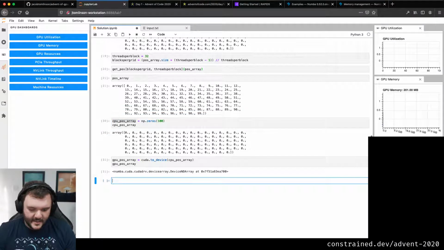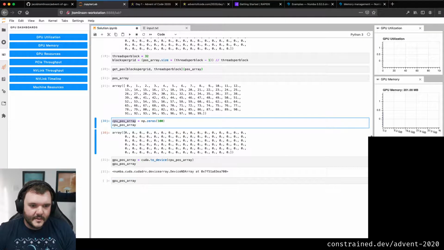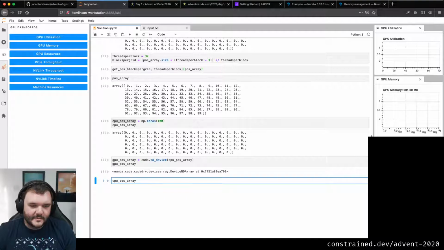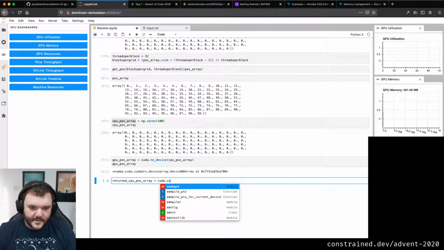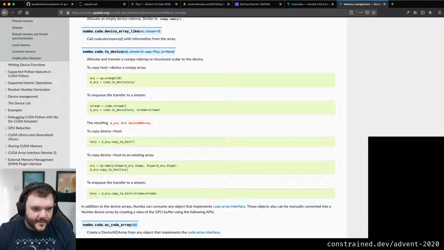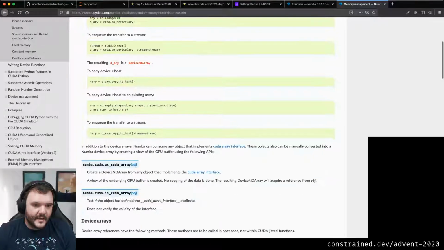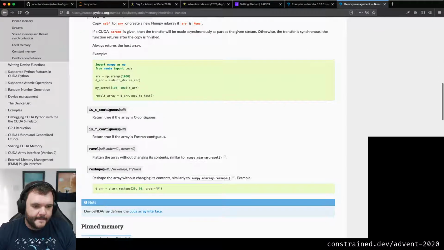So we could say, let's say, what should we call this? Returned CPU position array equals CUDA dot copy to host. Is it copy to host? I didn't even read it properly, did I? Oh no, you just call copy to host on the array.